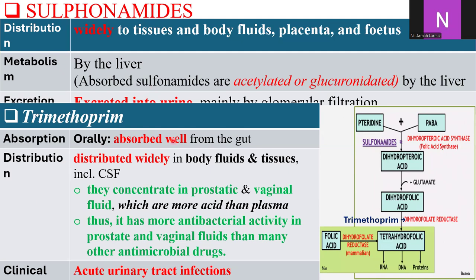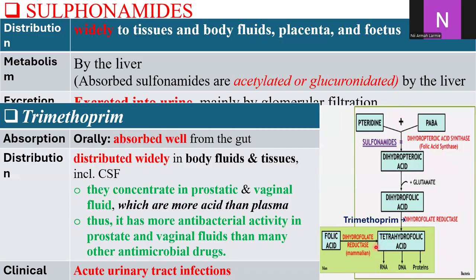Pharmacokinetically, it's well absorbed when taken orally and distributed well into body tissues and fluids, just like the sulfonamides. It may concentrate in prostate fluids and vaginal fluids, and therefore is useful in those types of infections. So we use it mostly in those types of infections. Clinically, urinary tract infections is mostly where we use it. But we should note that because these individual drugs work on the same pathway, sometimes we can combine them. A sulfonamide can be combined with trimethoprim,